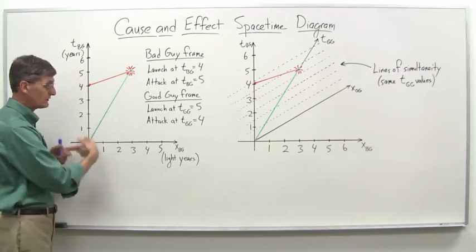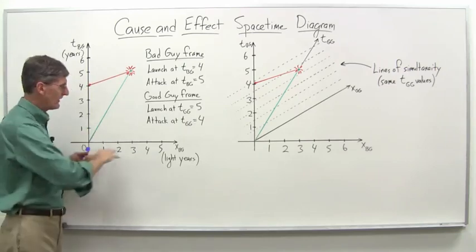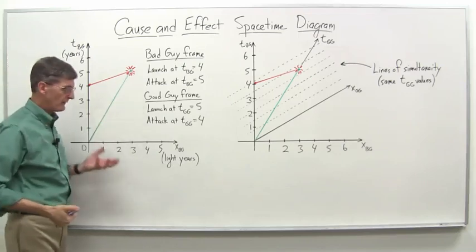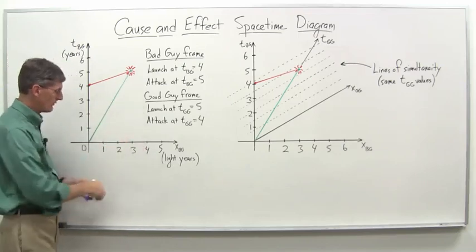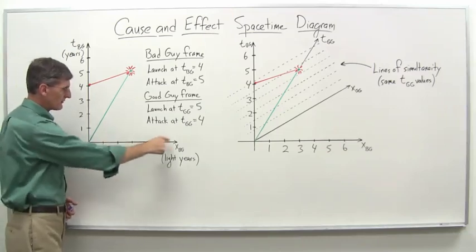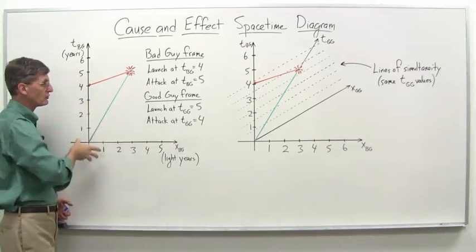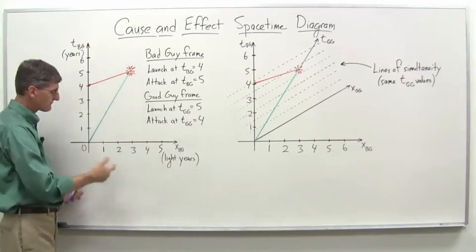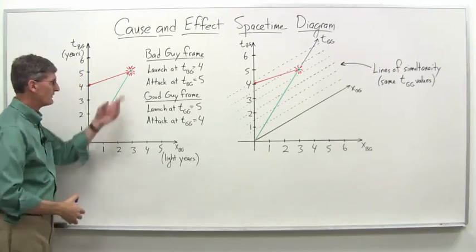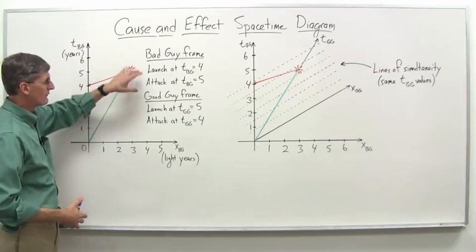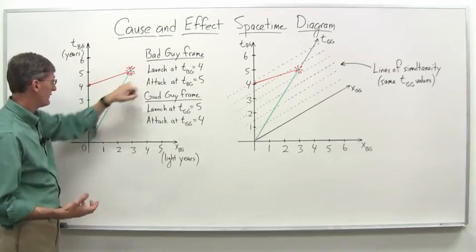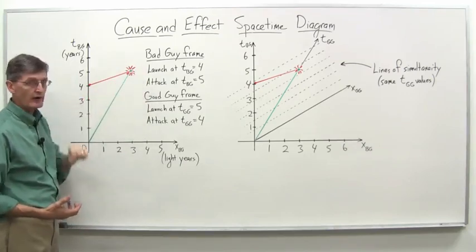So they met, actually, remember if you're visualizing this along the x-axis, this is not the actual intersection point on the x-axis where it occurred. That would be right here. In other words, the good guys were traveling along the x-axis. This is a space-time diagram showing their progress through time as well, and the bad guys catch up to them and pull off their sneak attack at that point. And we analyzed it from the bad guy frame. The launch occurred at 4 years, and the attack was at 5 years.